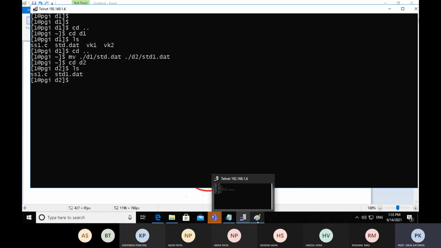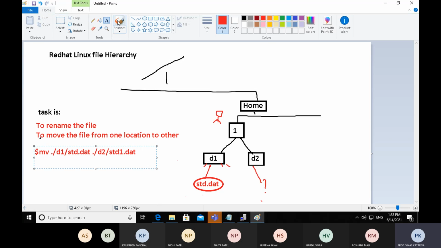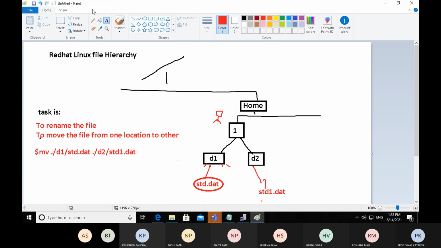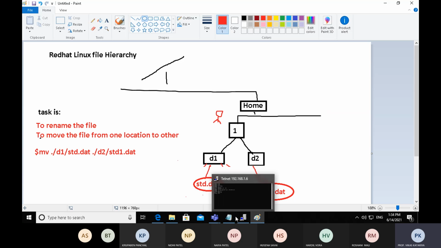So for moving a file from one location to another and renaming it, we have used the command mv. In the d2 directory we have changed it to student1.date. So we have done this task using the mv command. Now I hope you understand how the mv command works.